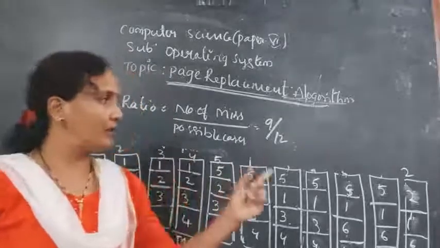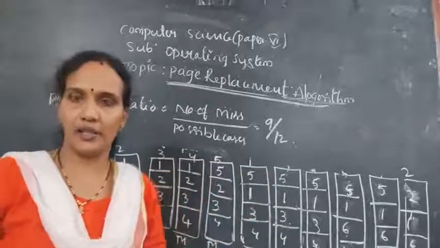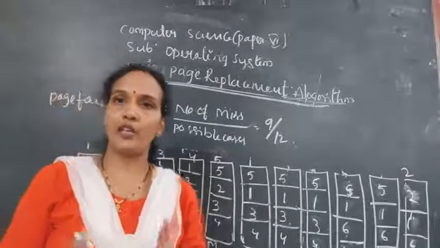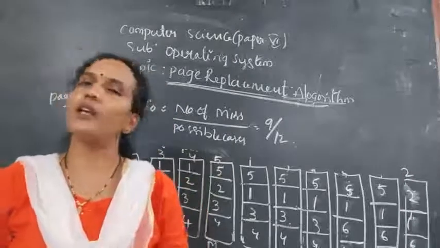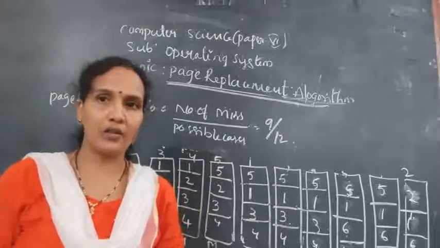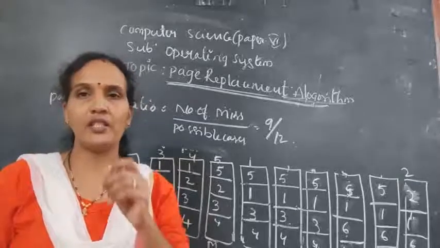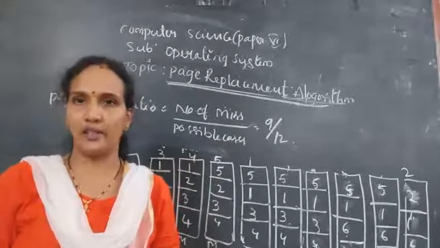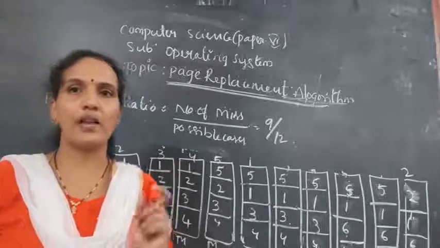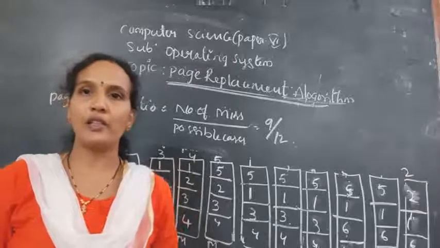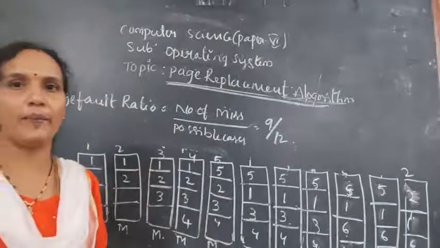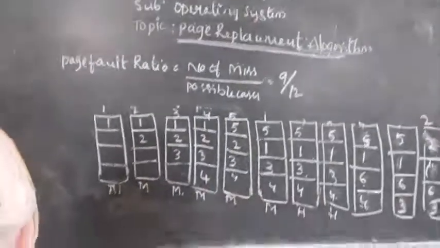So after loading all the pages, you need to calculate the page fault ratio. If the page fault ratio is less, then that algorithm is an efficient algorithm. Understood? How will you decide the algorithm is best or not? Based on the page fault ratio. Whichever algorithm provides a lower page fault ratio is the best algorithm. So in first in first out, the oldest page is replaced first and the new page is replaced last. So this is about the first in first out algorithm. You take a screenshot of this.